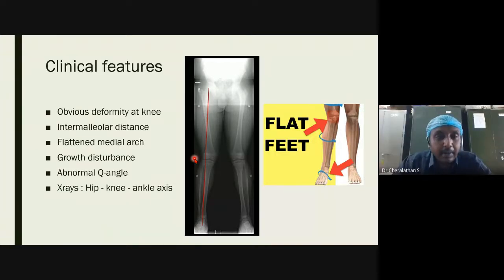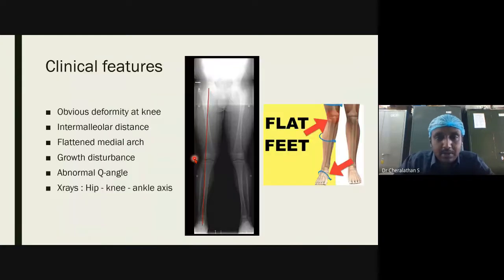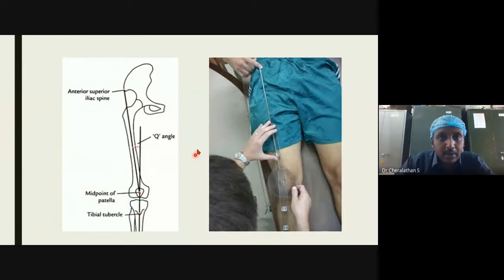Okay, fine. So what is Q angle? Q angle is a clinical measurement. Now what we saw here is a radiological measurement. How to do it? The anterior superior iliac spine is a very easily palpable bony landmark, usually located here. If you palpate your abdomen and go down, the first bony landmark you feel is the iliac crest, right? The bony point which denotes the end of this crest is the anterior superior iliac spine.